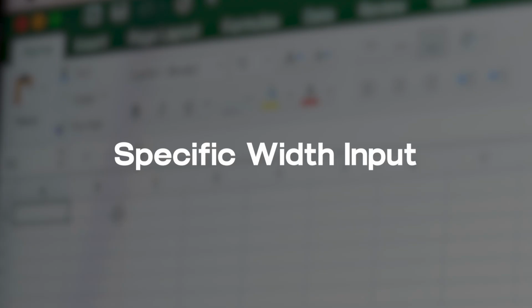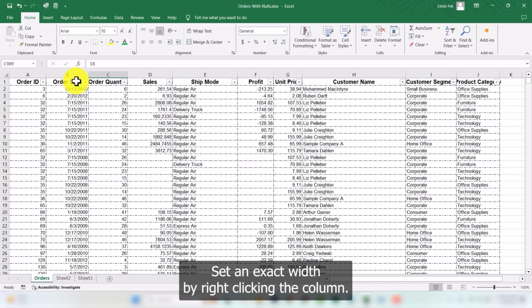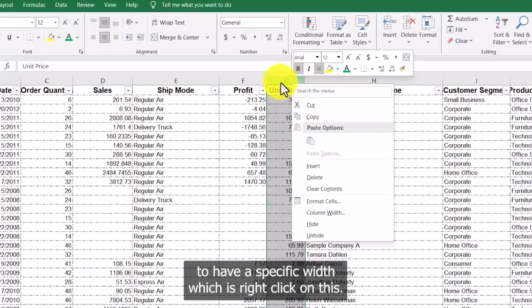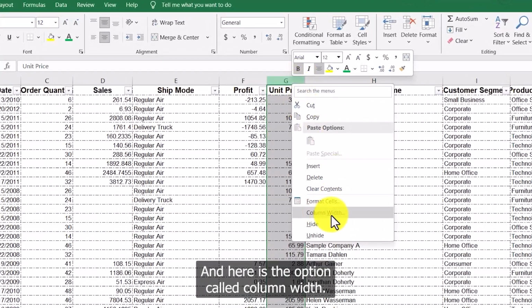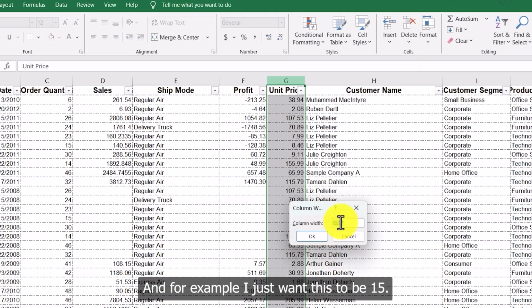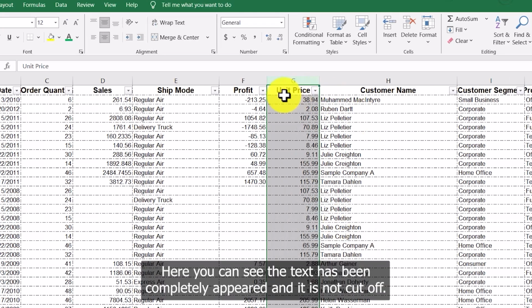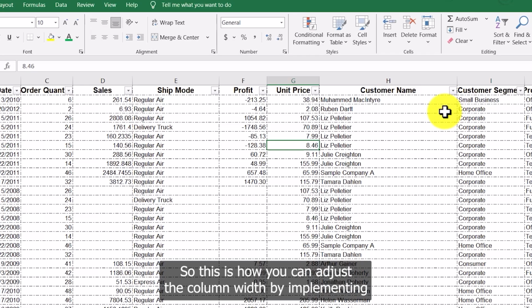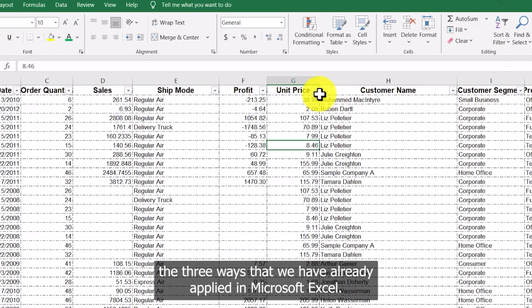Specific width input. Set an exact width by right clicking the column. For example, I just want this column to have a specific width. We right click on this and here is the option called column width. We click on that, and for example, I want this to be 15. Click on that. Here you can see the text has completely appeared and is not cut off. So it looks a little more professional. So this is how you can adjust the column width by implementing the three ways that we have already applied